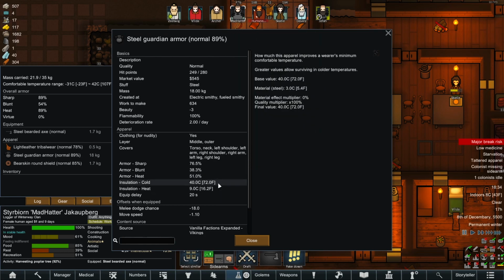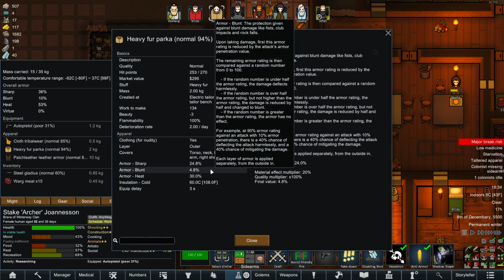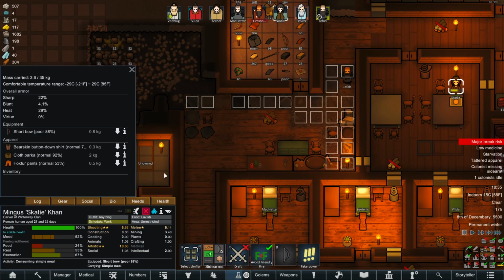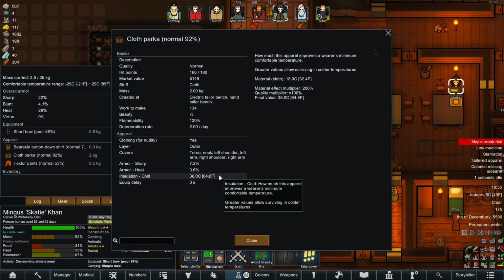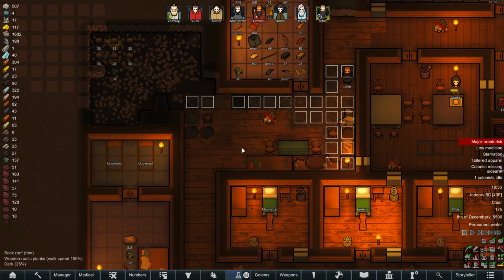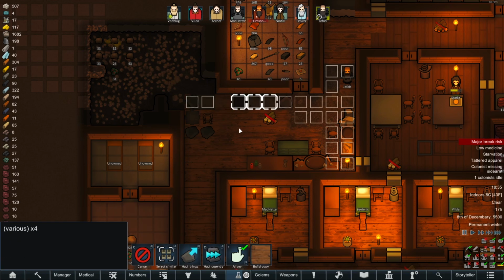Insulation from cold, 40 degrees. Okay, that's pretty good, 40 degrees. And what does the heavy one do? 60 degrees. Nice. Whereas the cloth one, 36 degrees. Which then pushes Skatey below their comfortable threshold. So next to this table, I'm also planning on right here, we're going to have the smithing table,